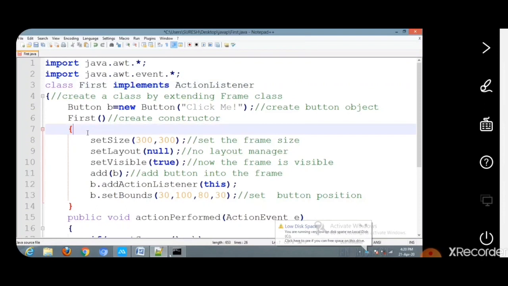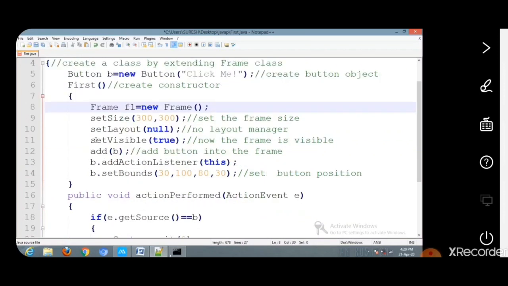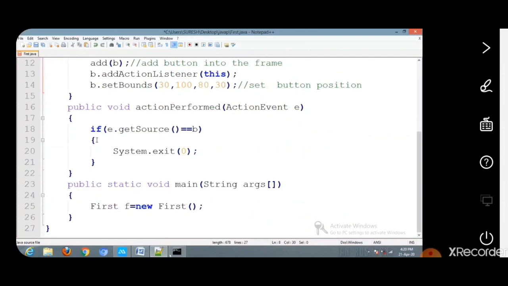So inside the constructor method, before setting the frame parameters, we have to define the object corresponding to the frame class. That is, Frame f1 equal to new Frame. Okay. This is the second method, by creating an object of the frame class.